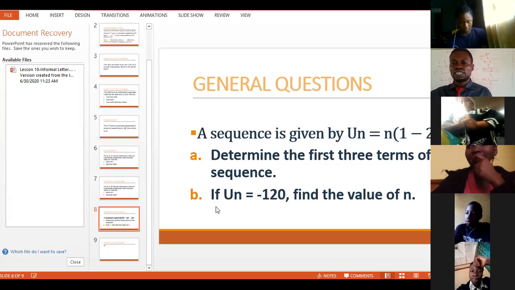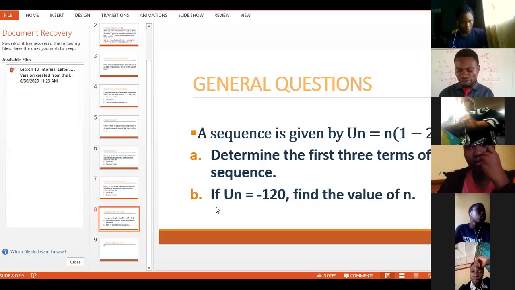Make n the subject of the formula. You find out that you have a quadratic equation at the end of the day. You solve the quadratic equation either by using factorization method, formula method, or completing the square method. But remember very well that anytime you are trying to solve any problem on quadratic equation,